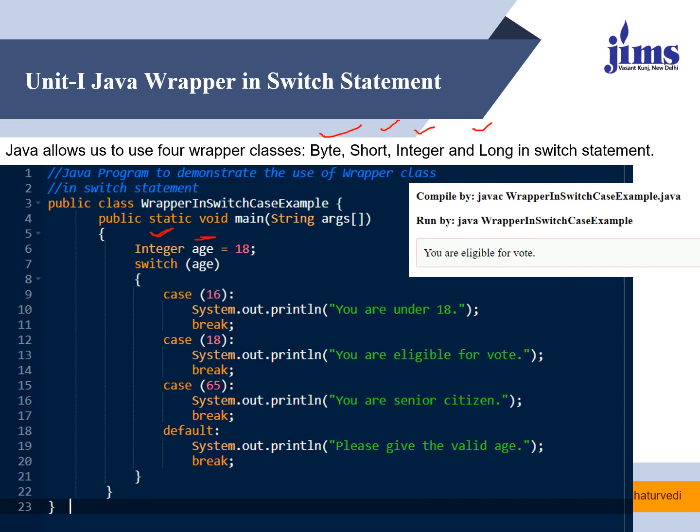It is Integer, which means it's a wrapper class. Here I am switching on age and checking, and you can see that we are able to use the wrapper class within switch case in this way. As the value of age is 18, this statement is executed, and you can look at the output: you are eligible for vote. So you should try this also.